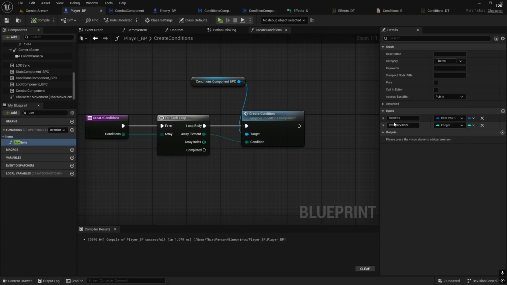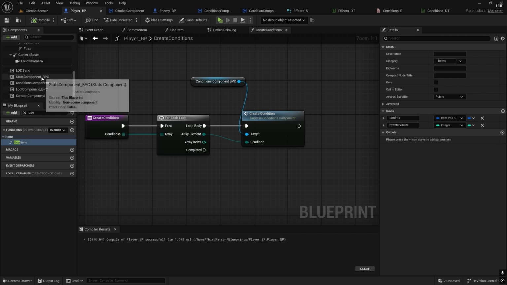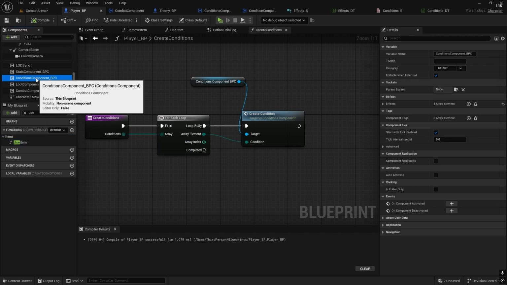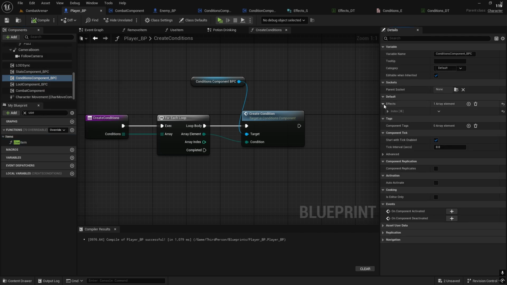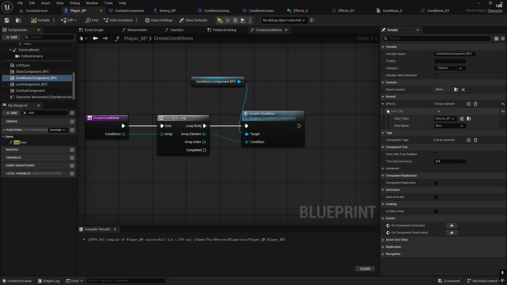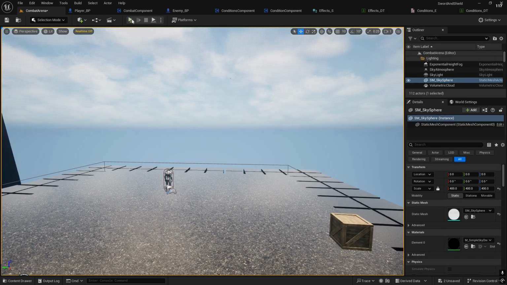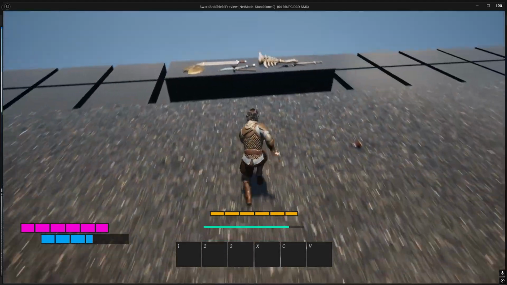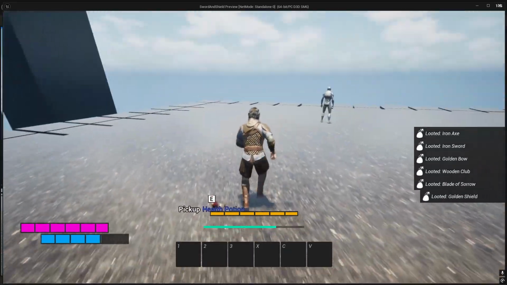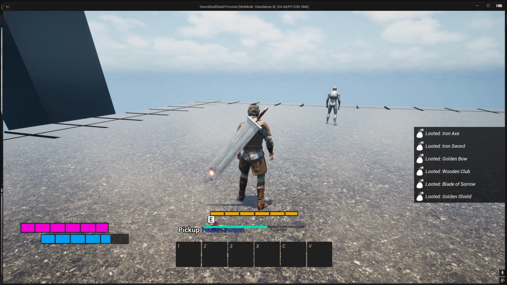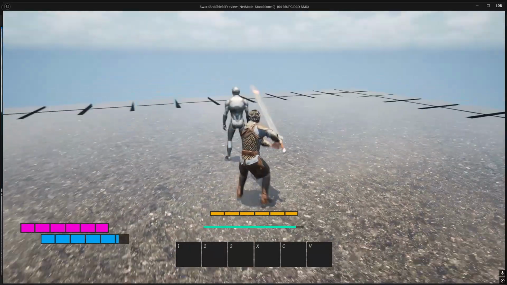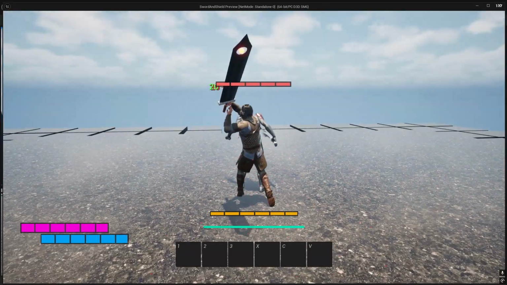Now I do have an effect in the player. Let me just double check it. So in the conditions component, I do have burning, which now should have 50% chance to hit. So if I go and play the game and equip any weapon, then